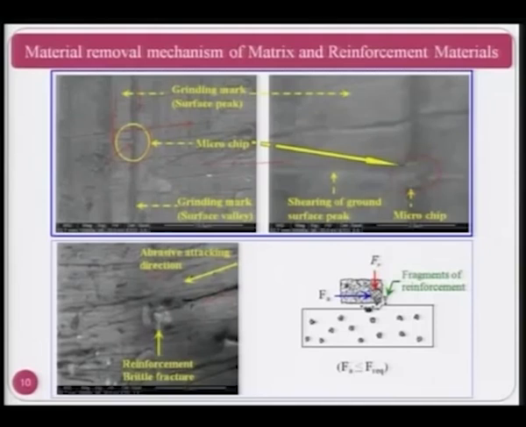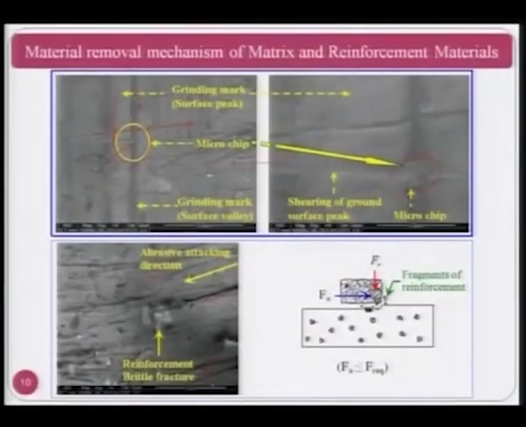Now, it encounters the reinforcement, and because there is a large force being applied by the medium and the abrasive particle on the reinforcement, brittle fracture of the reinforcement takes place, and part of the material from the reinforcement is removed. The same thing is shown here schematically, that if you see here, this is the fragment of the reinforcement, and this